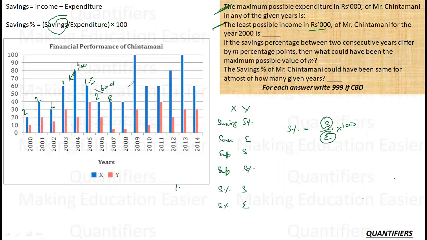Okay. Let me check for any other year. Here it is again 8. Here it is 100 by 3, 330. Here it is 60 by 10, 600. So the increase is 270. Okay. So here it is 600 by 40, 150. Increase is 450 in this case, but it is 600 the maximum one for now. This is 80 by 20, 400 again. This is 100 by 30, 330 again. 333 in fact, so let it be. It doesn't matter. Okay. So 60 upon 30, 200 again.